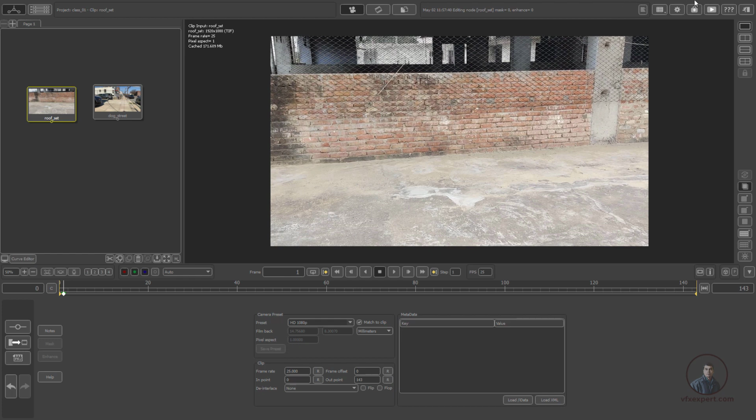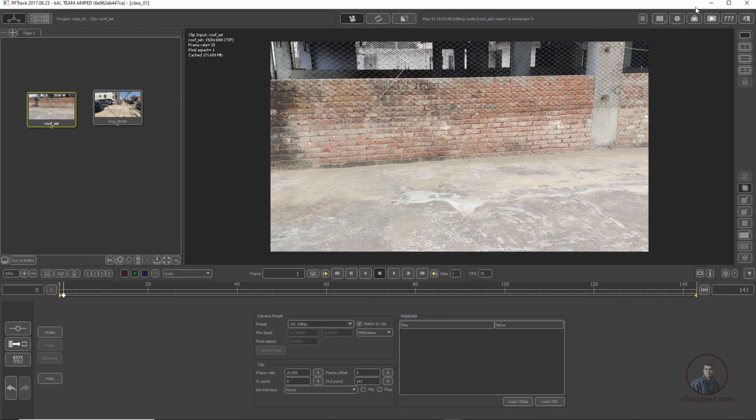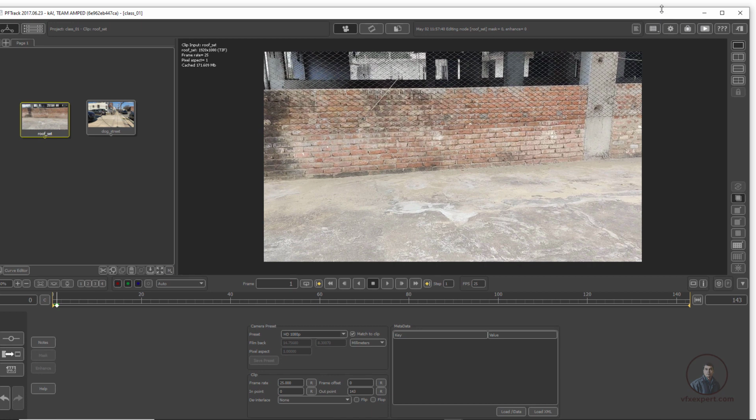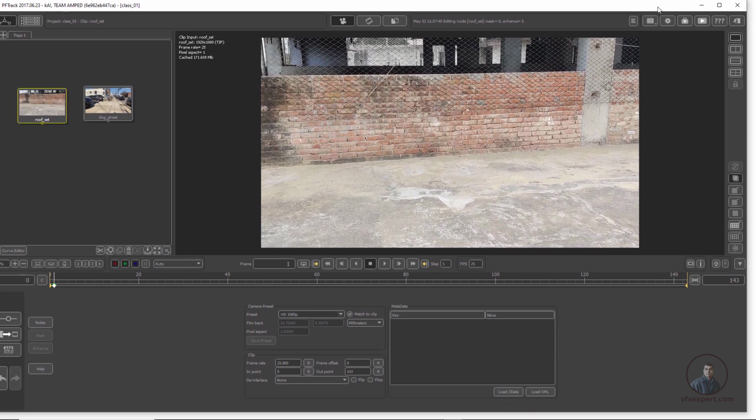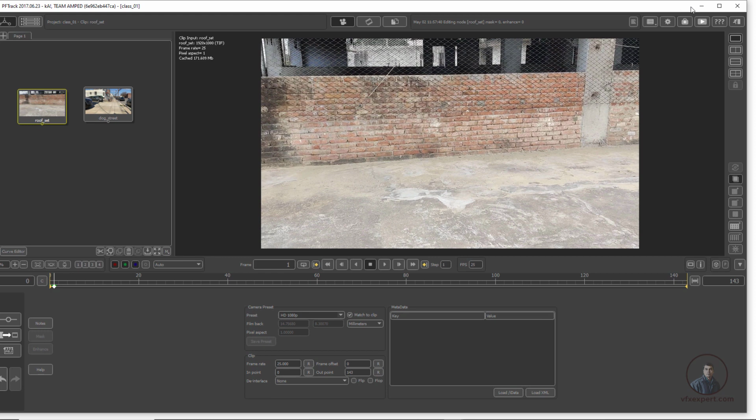Suppose you want to enable your title bar for minimizing your PFTrack and all these things. We simply have to click here, then uncheck this full screen GUI. So just uncheck this one. Now you will get the title bar here. Still, suppose you are not getting this title bar, then from the downside I'm going to minimize it a little bit here, so from the downside you minimize your PFTrack like this.